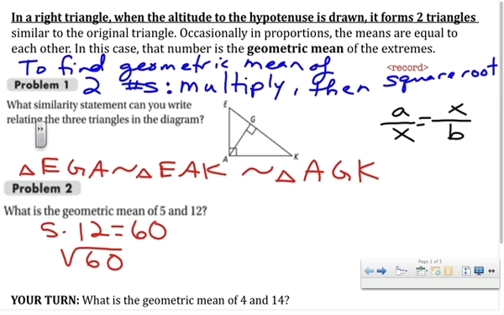We have to simplify the radical. You talked to Casey during lunch? Yeah. Okay, so let me refresh your memory on what